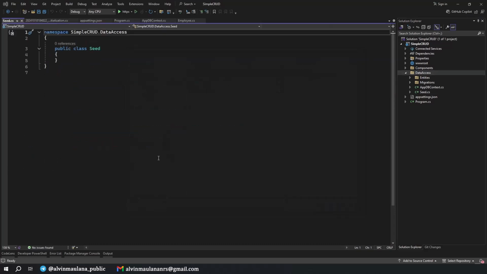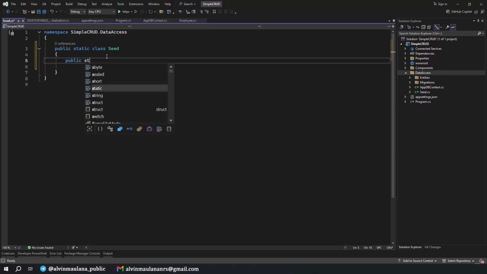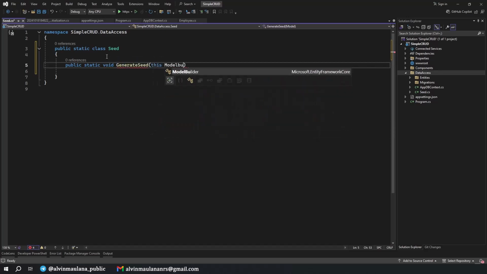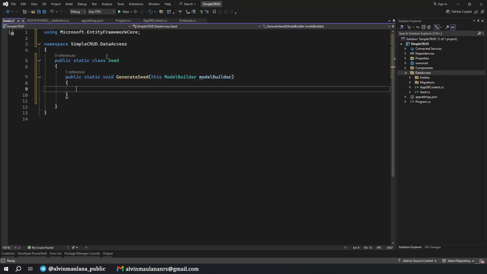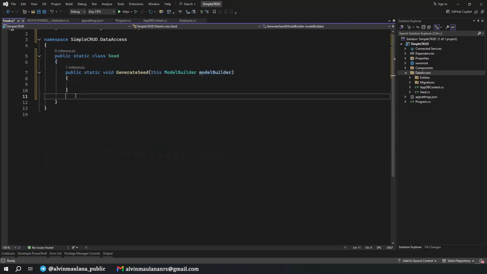What we will have here is a public static class Seed and then public static void GenerateSeed that extends the ModelBuilder. This means it's extending the ApplicationDbContext's ModelBuilder, this one. Now we can see the error is gone and we need to have our seed in here.